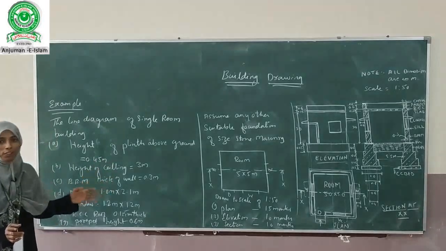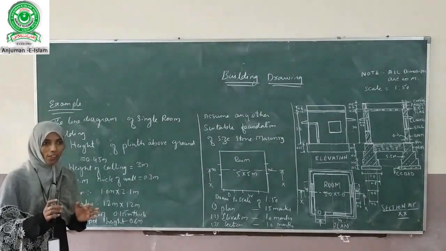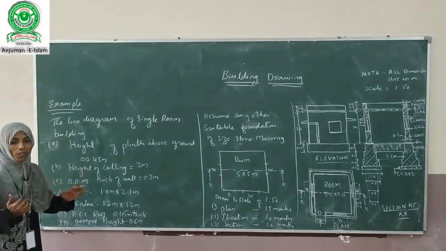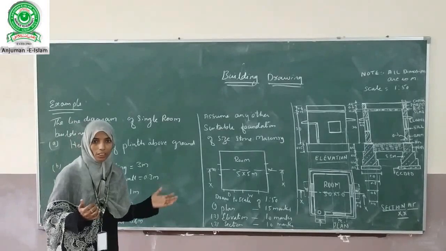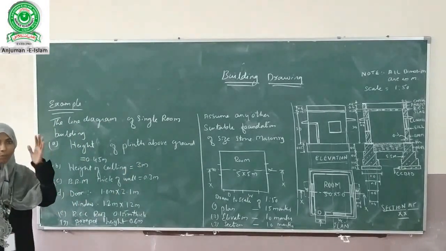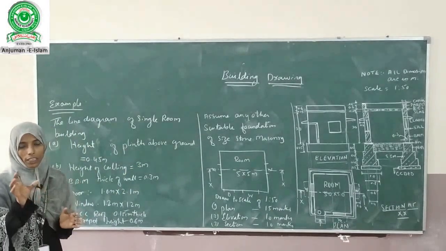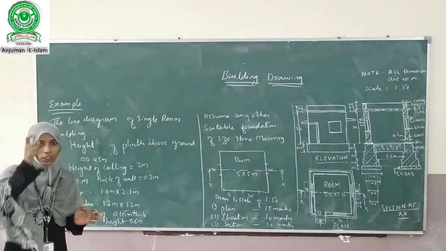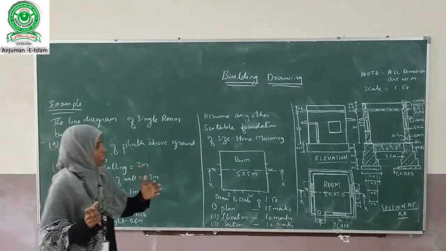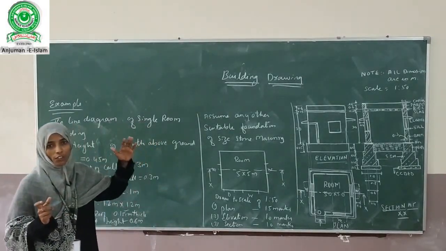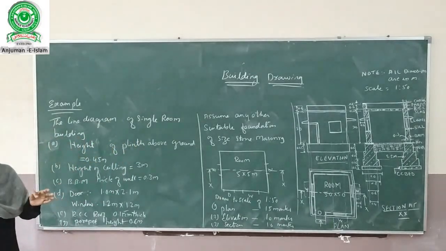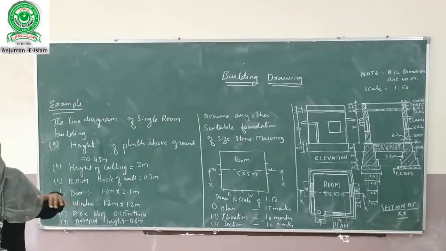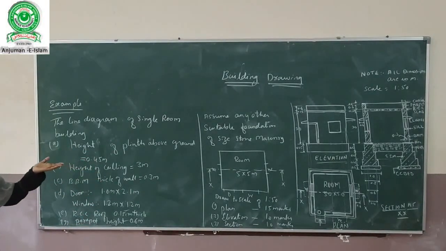Then the elevation drawing will show what we can see when we look at the building from the outside. Those details will be highlighted in the elevations. In a cross section, we cut the building truly vertically, take off half of the part, and look onto the other part. Then it will show all the details required for the construction work, that is the height of the rooms, size of the foundations, thickness of the floors, and type of the floors, which will be provided in the drawings.